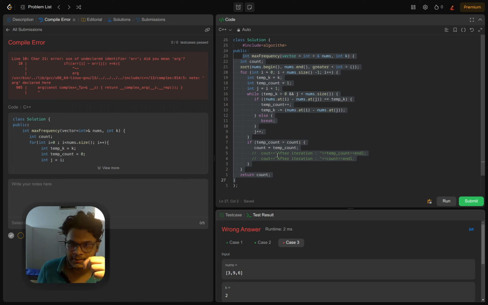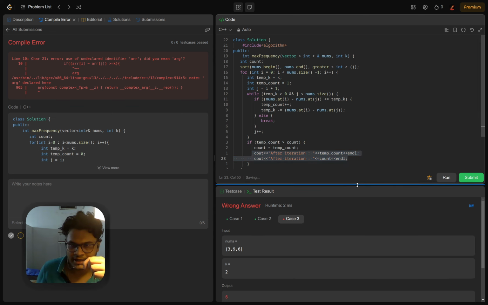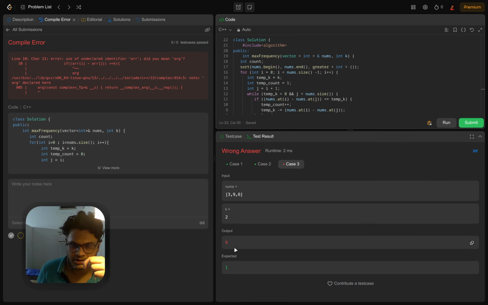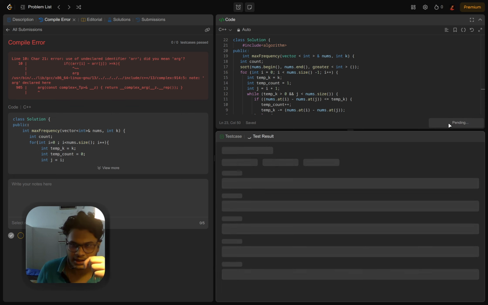So I added a couple of cout statements to debug the code, and I have commented these out for now, because when I ran the code with these lines commented, I got this output which says that the output is 6 and expected was 1, and hence this was the wrong answer. But if I run it now,